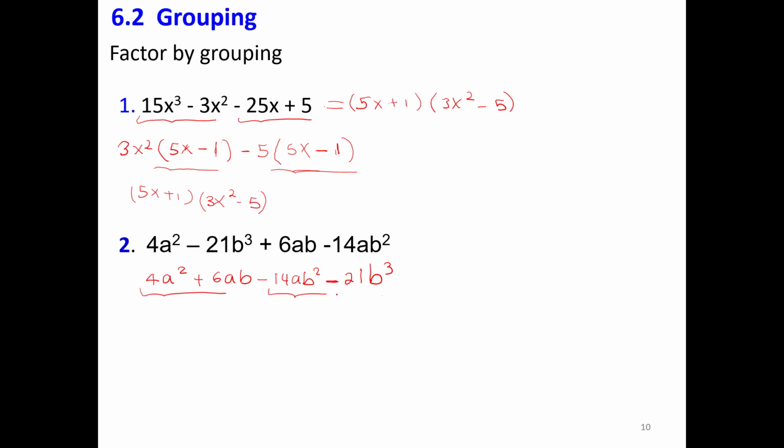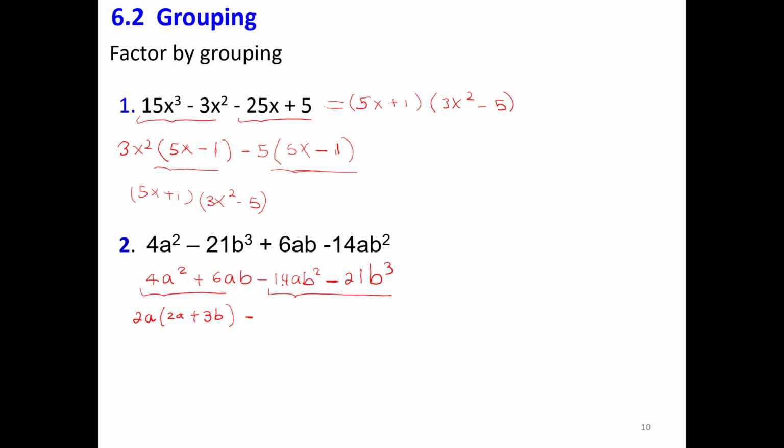Then 4a squared plus 6ab, the greatest common factor will be 2a. What is left is 2a plus 3b. Yes. We multiply, we get this one. The negative,